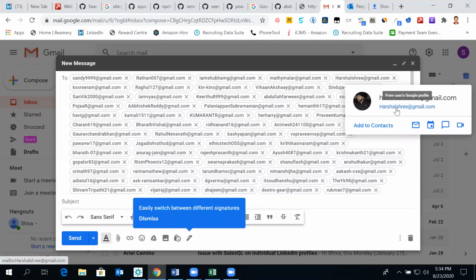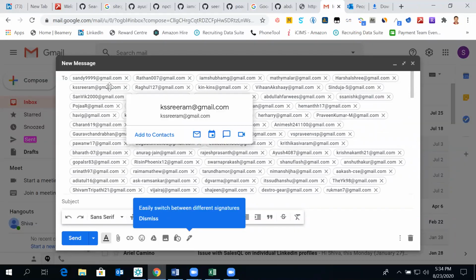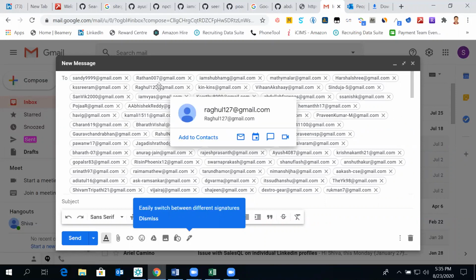Like as I mentioned, some changes. Harshal, what we have given is Harshal Shri, but here the change has gone to Harshal dot Shri. So if you observe a change from the profile pic or a dot, that means that it exists.